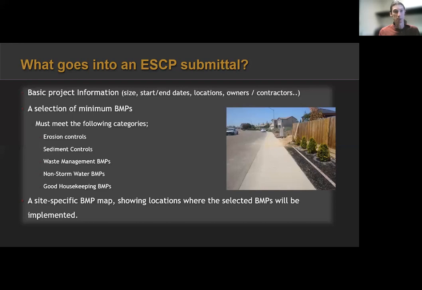But a site-specific BMP map with just some small narrative saying we're going to do this here, we're going to put that control there, this is where we are accessing. It's all important and imperative to be included in a submittal. Case in point, I had an ESCP I was reviewing, and they just provided a plan sheet, and they had some BMPs on there, but not a lot of BMPs. And they said, on this fence line, we're going to be accessing, we're going to take out the fence, we're going to access here. And I was like, okay, but there's nothing else on the plan. It's just the plot plan and then an access area.